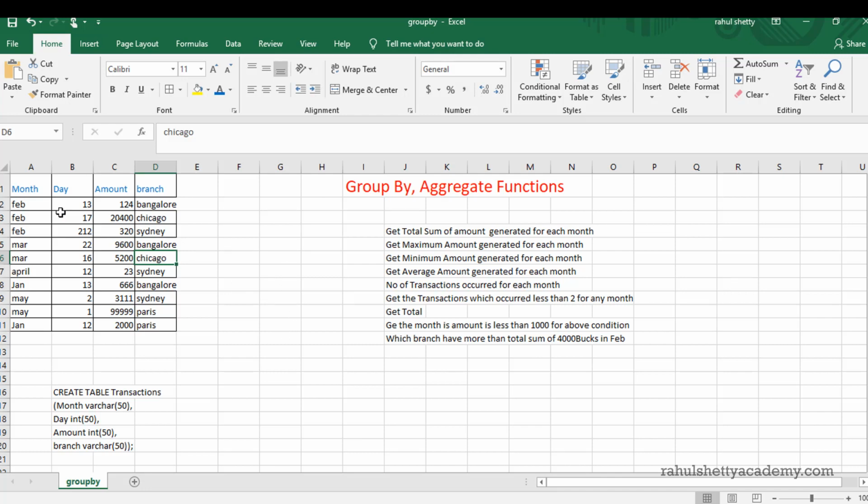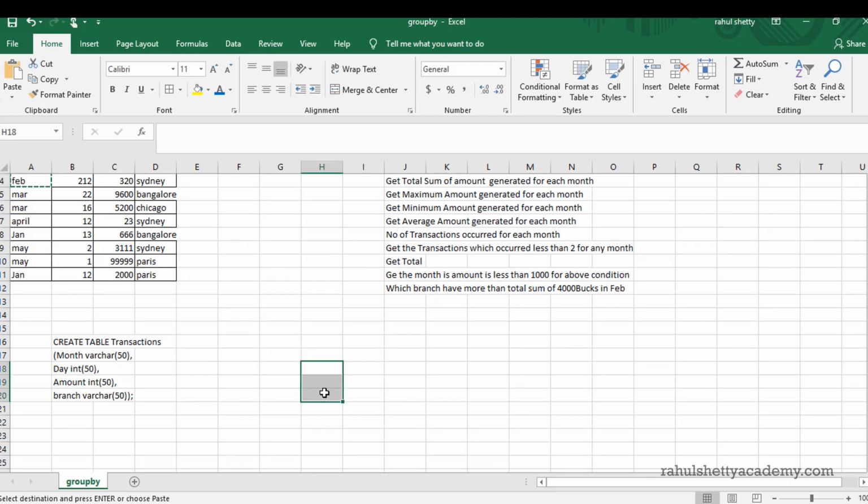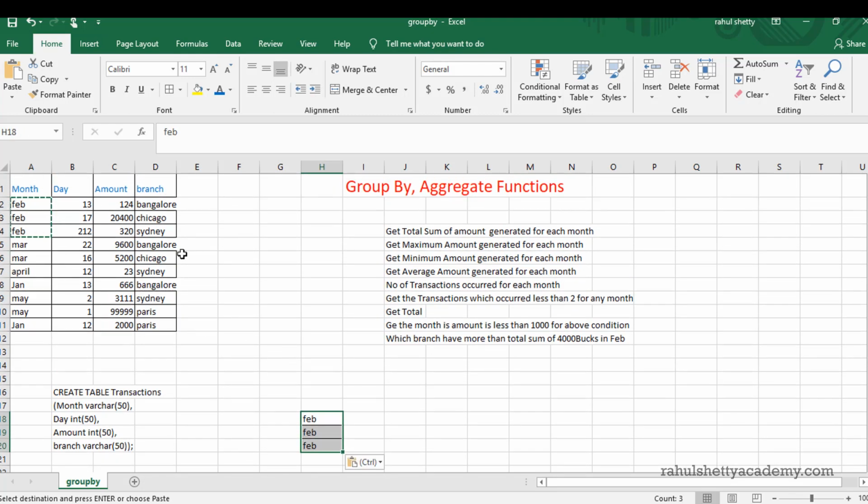So for each month I asked, right? I want something like this. If I ask you to do it manually, how do you do that? First you will pick all of February's transactions into one place, these three transactions, and you will calculate 124, 2400, 320. Then you will carefully grab all the March stuff and you grab the April.